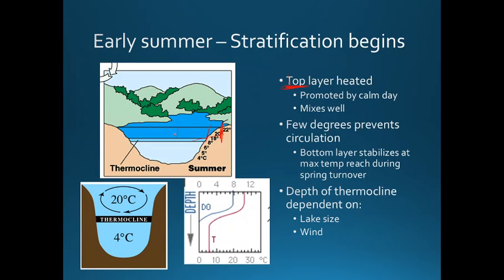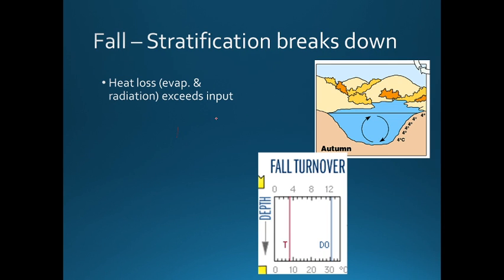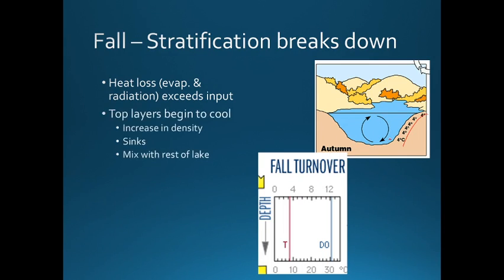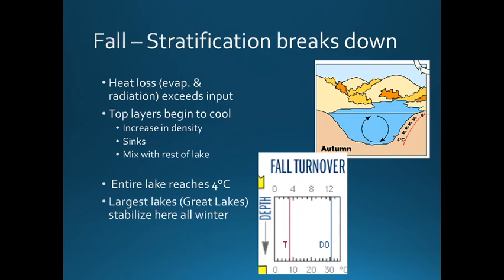The gravity will pull it down, and it'll mix within the epilimnion until the epilimnion becomes again 4 degrees Celsius. So in southern Wisconsin, we see that this lake would be 4 degrees Celsius by mid-October or something, okay? Now, the largest of the lakes, like Lake Superior, will stabilize here at 4 degrees Celsius, around 39, 40 degrees